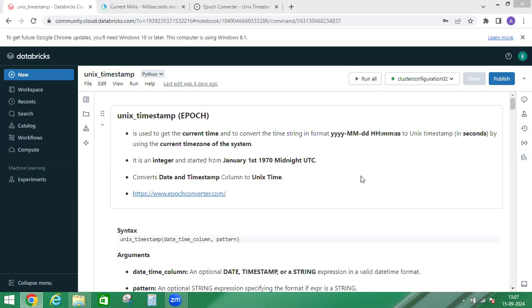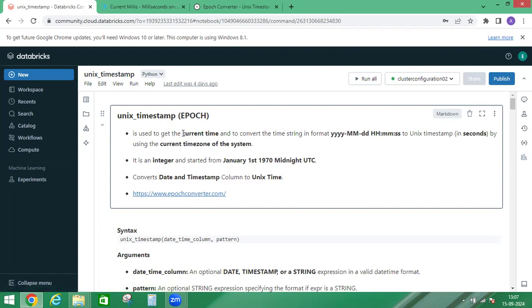Today our topic is how to use the unix_timestamp function using PySpark. We'll use this function to get the current time. Current time is as of now, and it converts this time string in the standard timestamp format to a Unix timestamp in seconds by using the current time zone